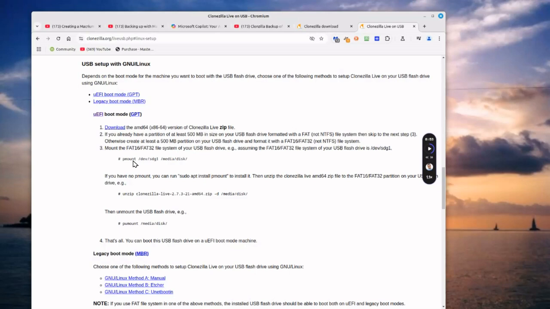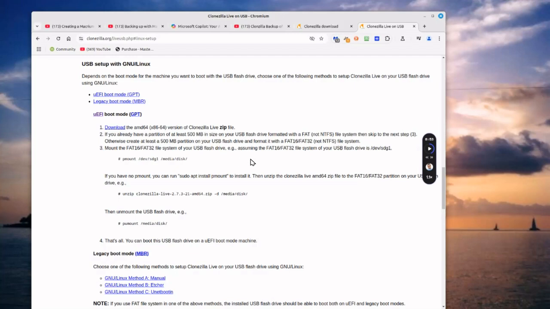So if you don't have it, they're saying that you can use the terminal command sudo, which means give you administrator mode, apt install pmount, and then let it install,